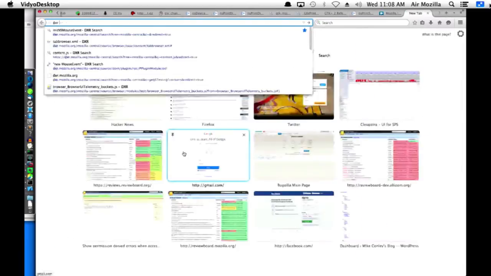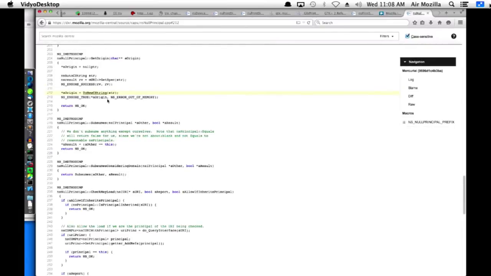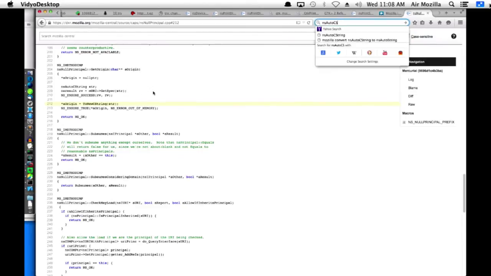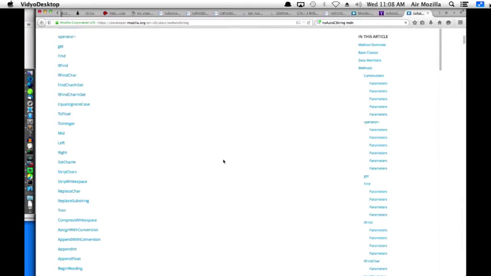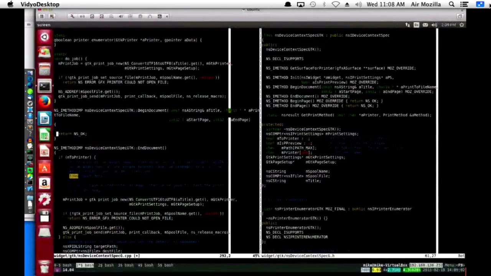So, what do other people do? To new C string, null principal, ensure origin to a origin, get origin, auto string equals null pointer, auto C string. Auto C string, maybe that's what we want. NS auto C string. I have a feeling that's what I want, just because I'm scared of malloc and dealloc. I don't want to leak. I don't want to leak, man.